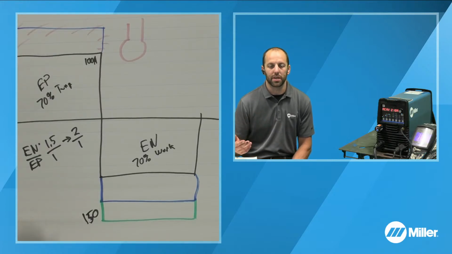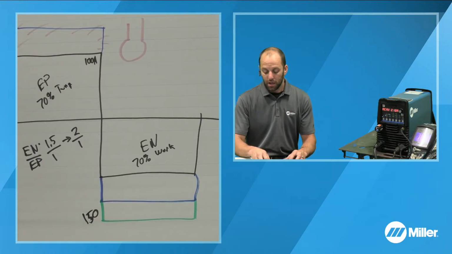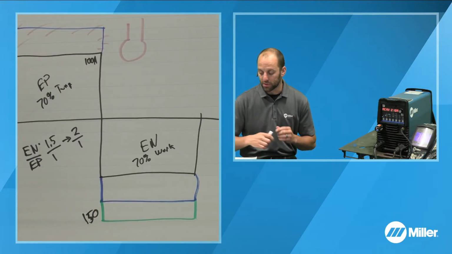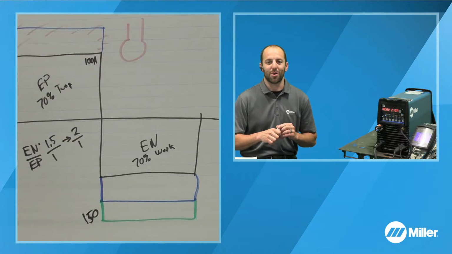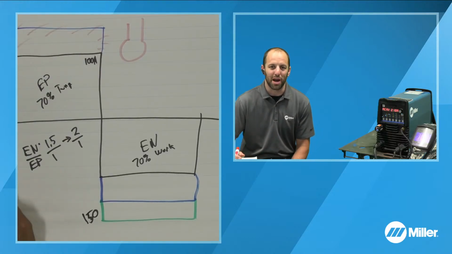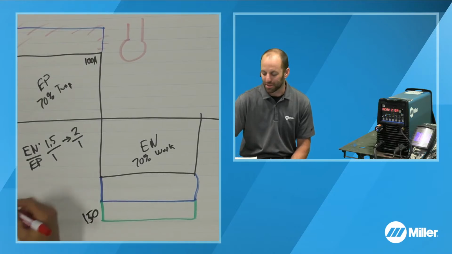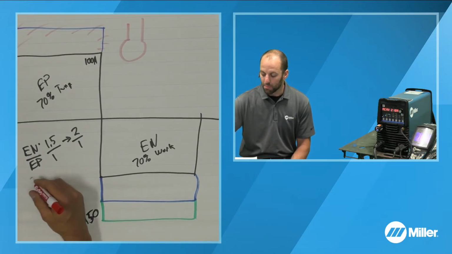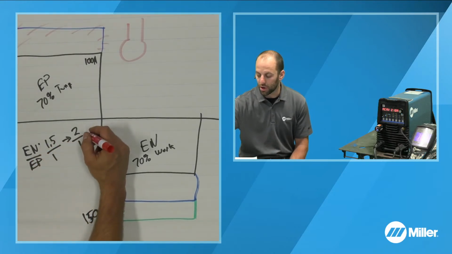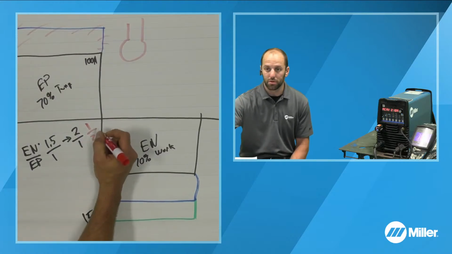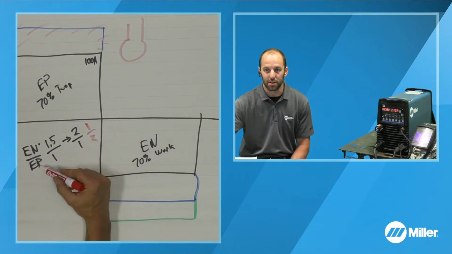Start slowing down that tungsten erosion, and also it's going to have an impact on the penetration profile for sure. Now, what we don't want to do, or I wouldn't necessarily go so far as to say we don't want to do it, because there's probably an application that I'm not aware of where somebody may be doing this, but we wouldn't necessarily want to do a ratio like a 1:2, where we have more electrode positive, because what that's